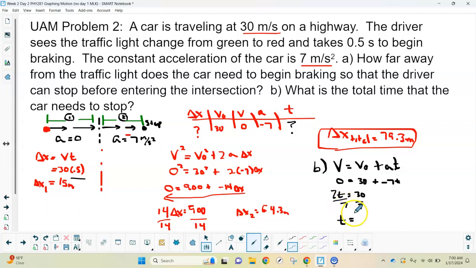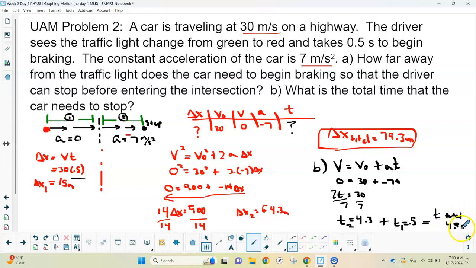I'll just say 4.3. So that's the time for 2, and then we want to add the time for 1, which was 0.5. So the total time is 4.8